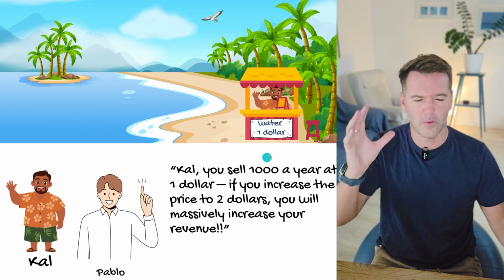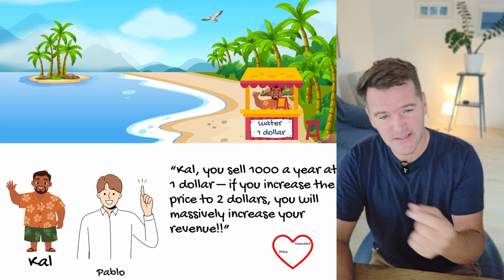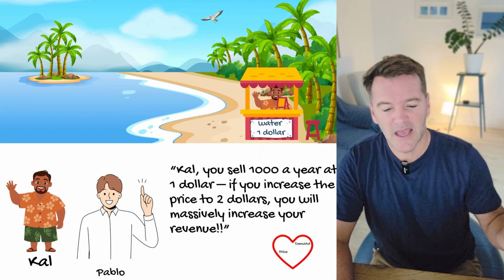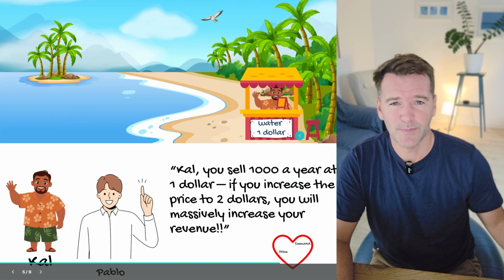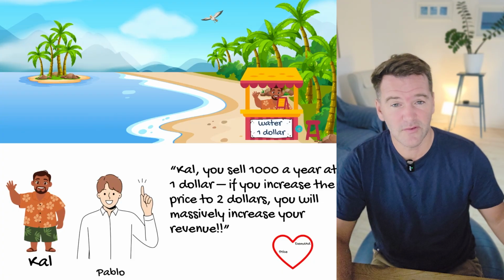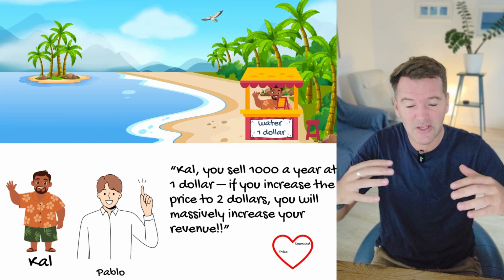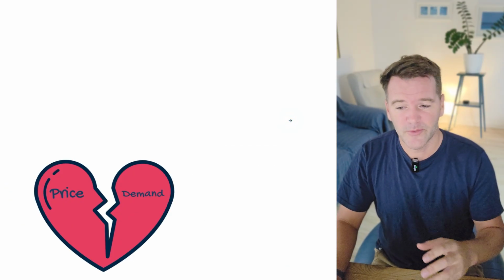Cal says, oh, I've heard about you. No, I understand this, I learned this. Price and demand are in a relationship. So if I increase my price by double, then no one will buy my water because there's a relationship. It will really drop the demand. Pablo comes back and he says,